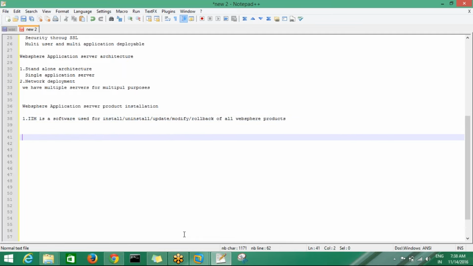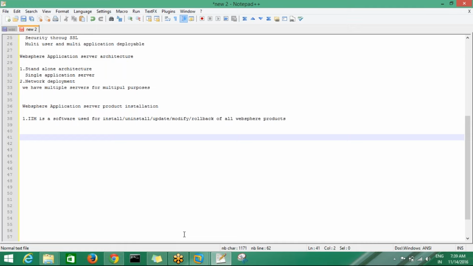So IIM is the tool which is used to install, uninstall, update, modify, and roll back all WebSphere products. We have different WebSphere products, not only WebSphere application server: WebSphere portal server, WebSphere process server, WebSphere integration server, WebSphere message broker, and WebSphere message queues.